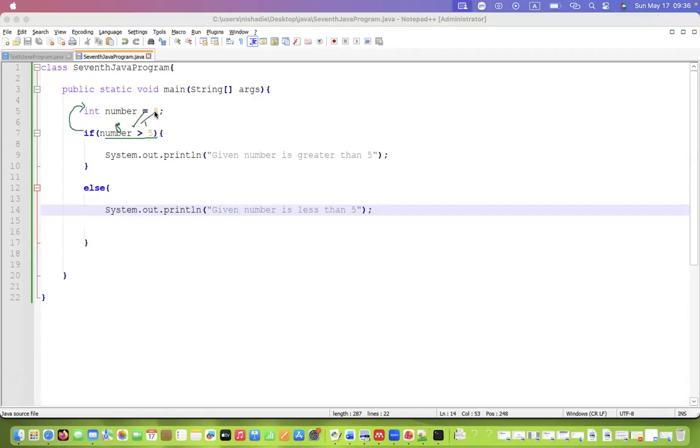We have to always read it true or false. So now you know the condition is true. If the condition is true, it can go inside this curly bracket. So now it will print given number is greater than 5. In case the number is